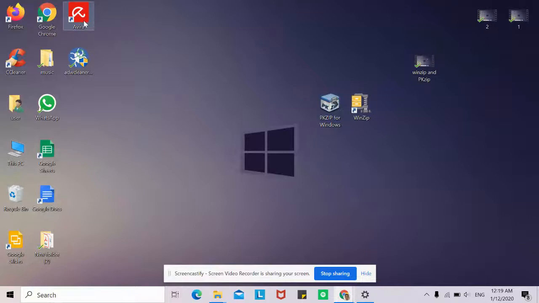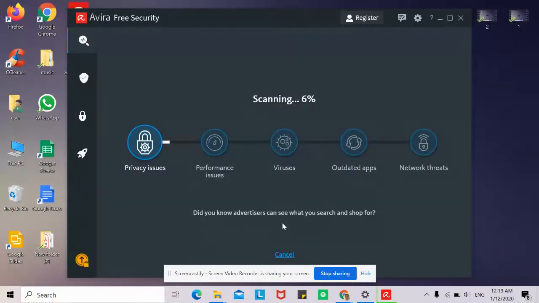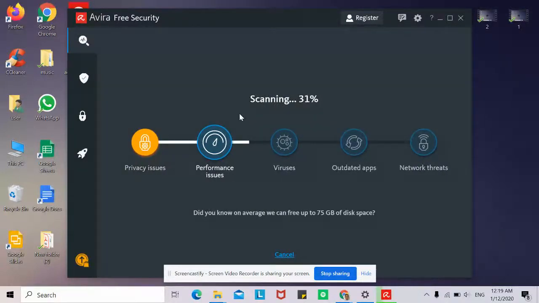So the first thing you need to do is to click Avira and then click Smart Scan. After this, your computer will be safe from viruses. But you need to do this frequently so that your computer is